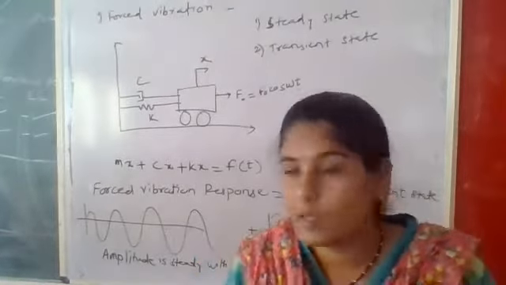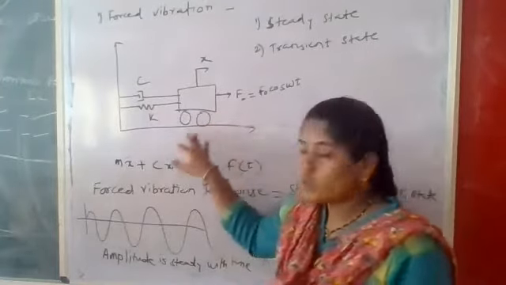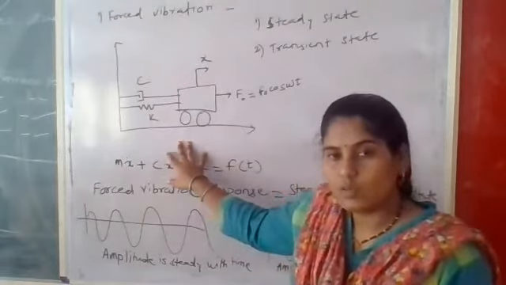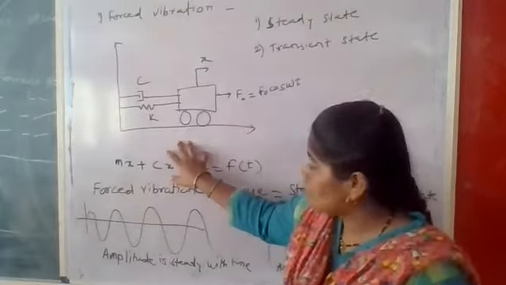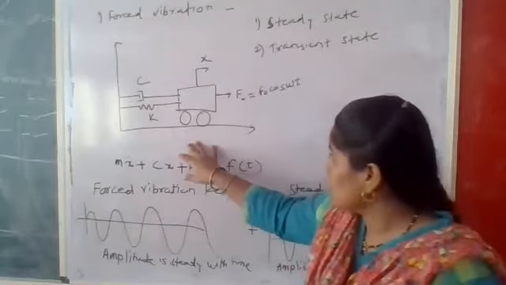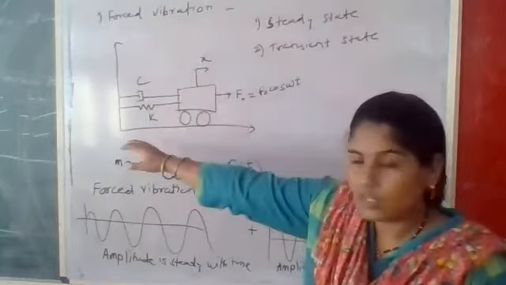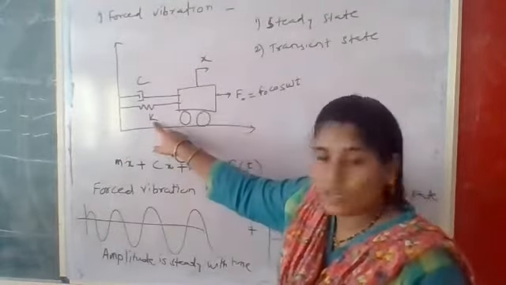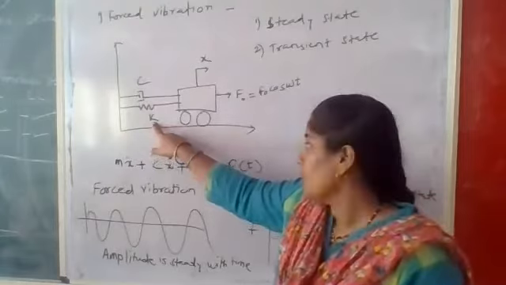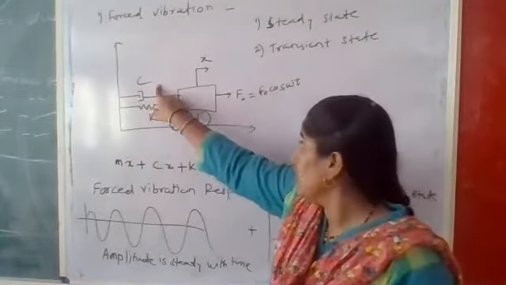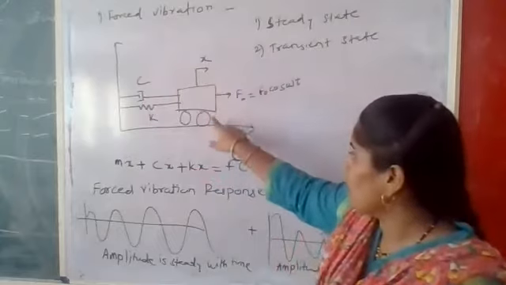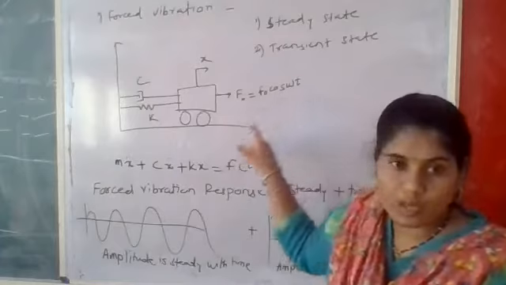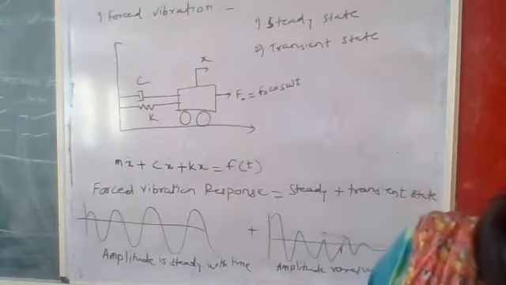In forced vibration, what will we do? We will give the external force to the system. You can see here, this is a mass spring damper system that we also saw in the last unit number two. But you can see for this forced vibration, what is the difference? This is a mass spring damper system. K is the spring constant, C is the damping coefficient, X is the displacement, and the external force applied to the system is F naught cos omega t. Okay, that is the external force.